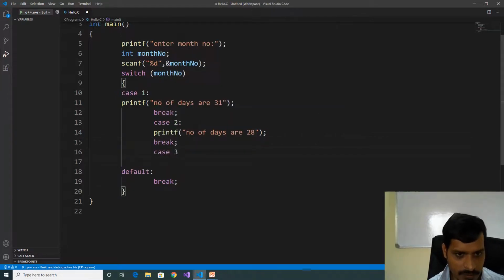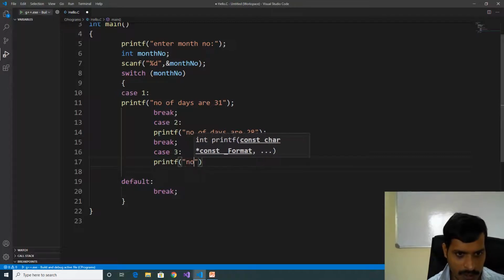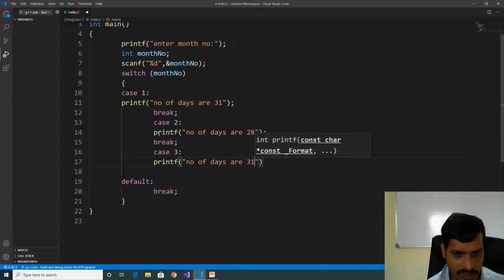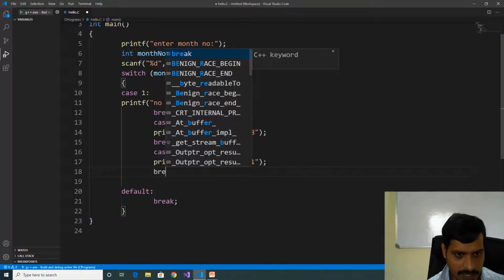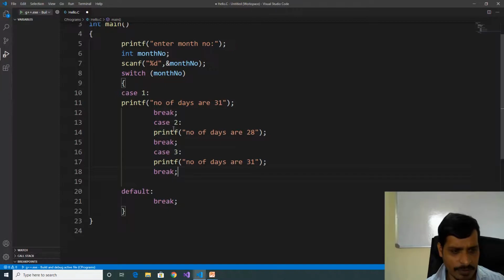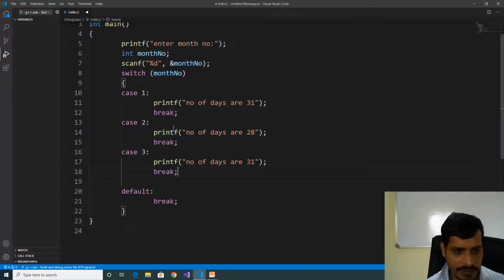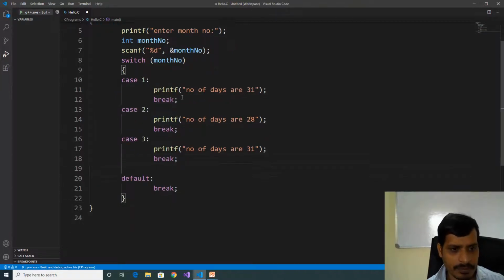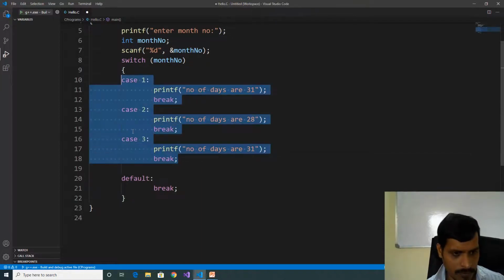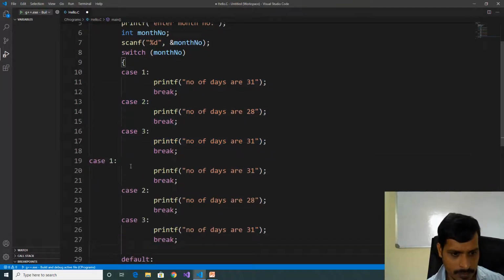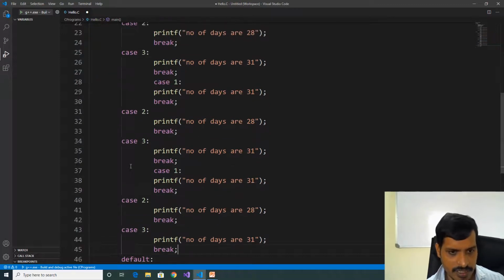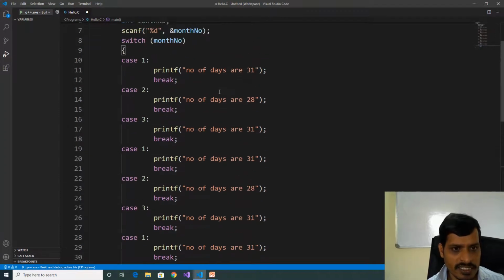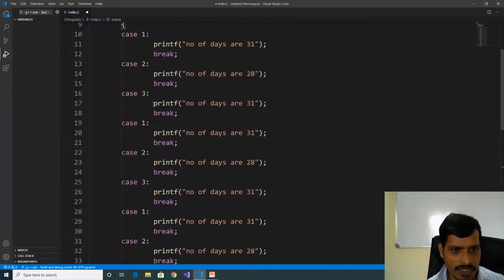Case 3, printf, number of days are 31, break. You will format this data, Shift Alt F, formatted. We will copy this code, paste, paste, paste, Shift Alt F, and I will change this one, case 1, case 2, case 3, here case 4,